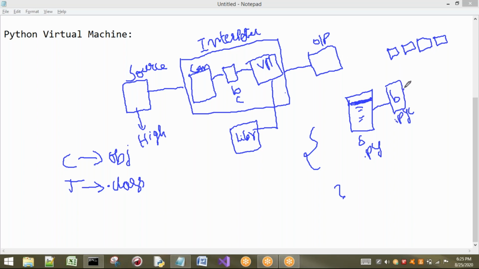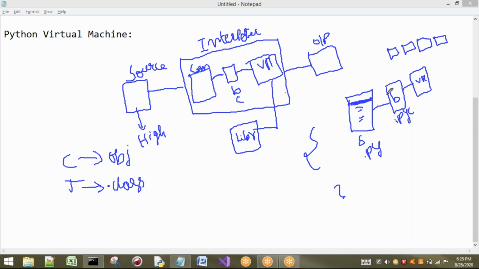Now the same thing will be sent to the virtual machine. When the pyc file is created, that means if you write a program in Python and compile it, and there are no syntactical errors and all the statements are known by the compiler, then only it will create the bytecode.